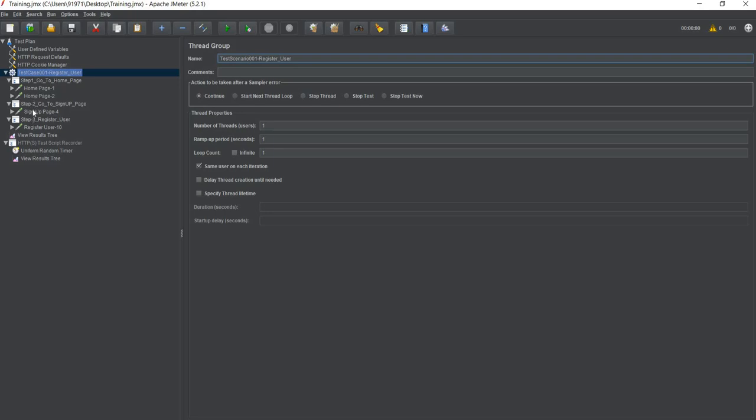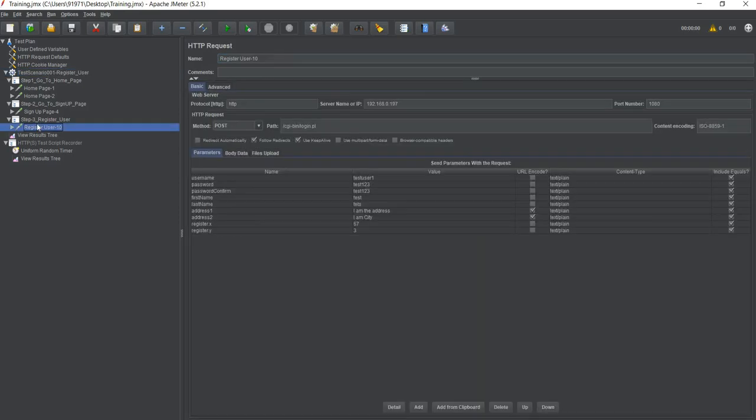Although these first two steps are not important, and we can directly hit the API with this user, this is not a recommended way, because when there is a requirement in performance testing, you need to learn this word: production like scenario. You need to make sure that your script represents the production like scenario. And in production, in a real scenario, when a person goes ahead and creates a user, he will not go directly to the registration page, and he will not be able to hit the registration API directly.